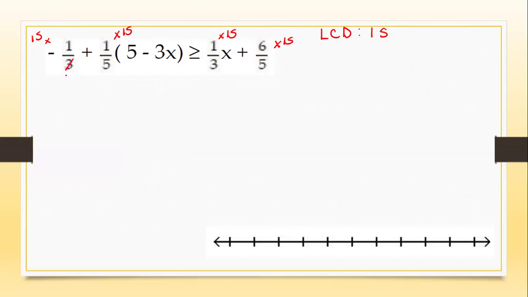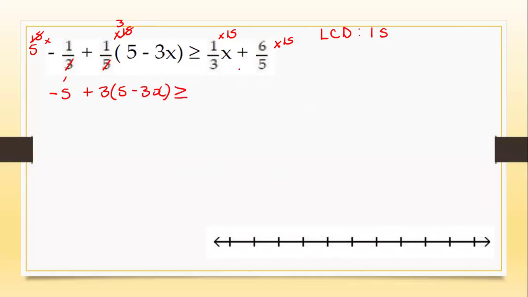3 goes into 15, 5 times. 5 times negative 1 is negative 5. 5 goes into 15, 3 times. So we have positive 3 times 5, giving us a positive 15. Actually, let's just bring the brackets down and then expand it,